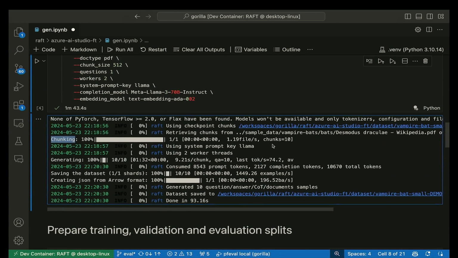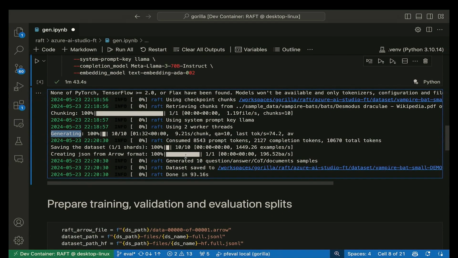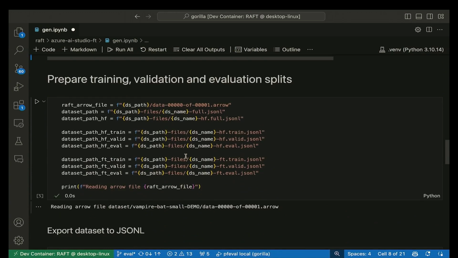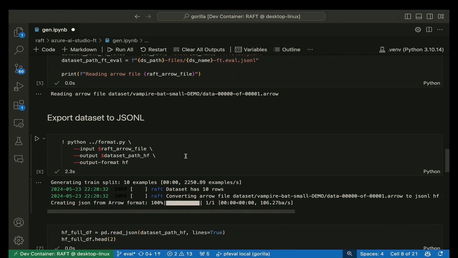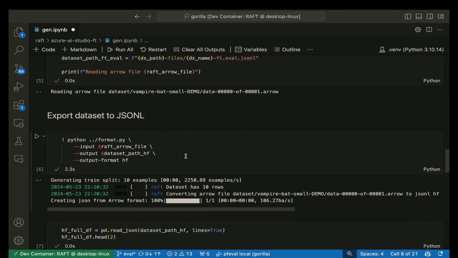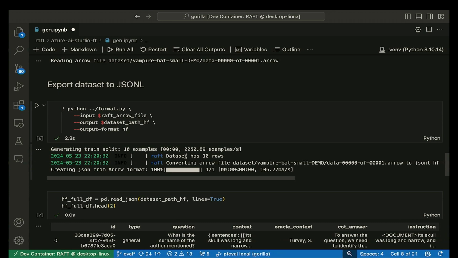And we have the chunking phase where we split into multiple chunks. Then the generation phase where we generate the questions and the answers. And then we are exporting, and I'm going to have to be fast on this, but we are exporting the three data sets, splitting them, and exporting them to JSON line, which is the format that Bala is going to be using right now in AI Studio to do the fine-tuning. And you're going to be seeing how easy it is.